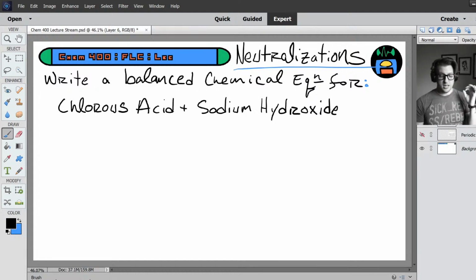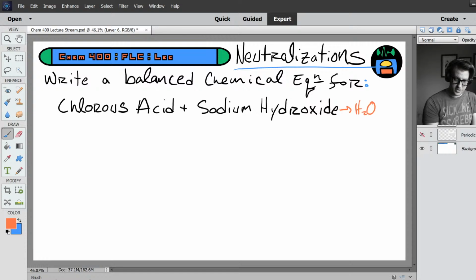All right, so now here's the thing. Professors love neutralization reactions because we don't have to tell you what the products are. We just have to give you the reactants, and that is enough information for you to be able to solve this problem. It's enough information for you to solve because the products are always water and a salt. All right, and we have to figure out what that salt is, but we can do it, and here's how. First, we need to write out what our reactants are. So chlorous acid,